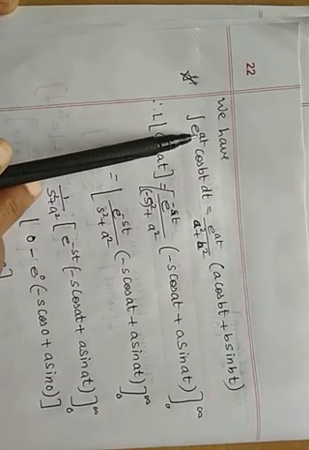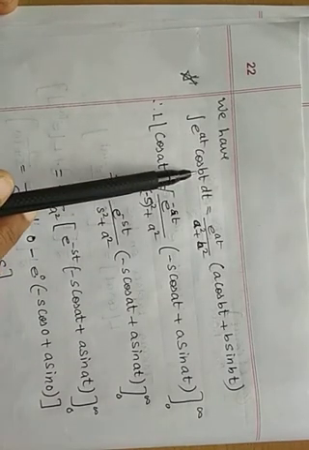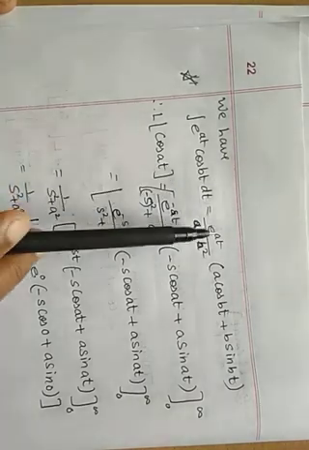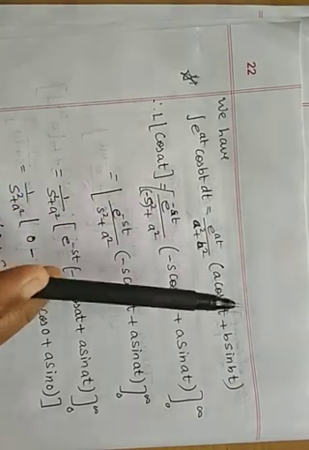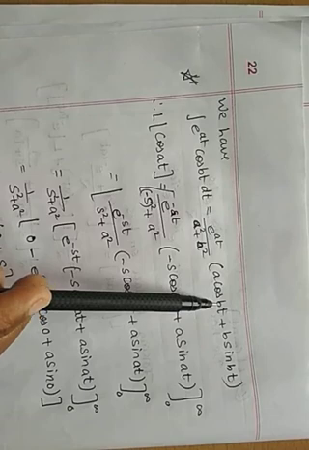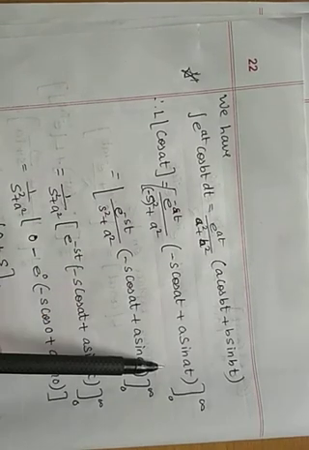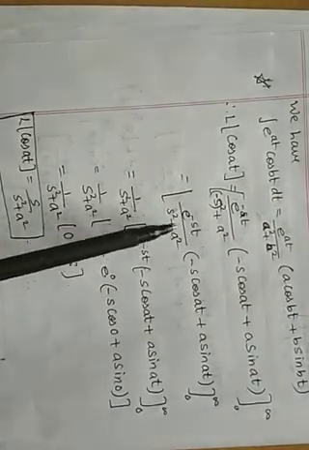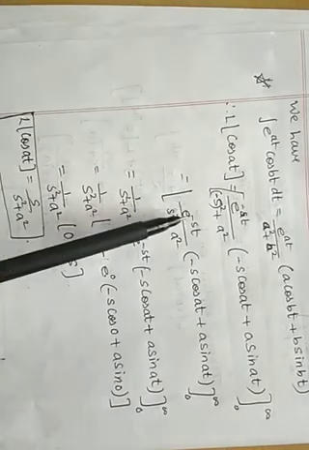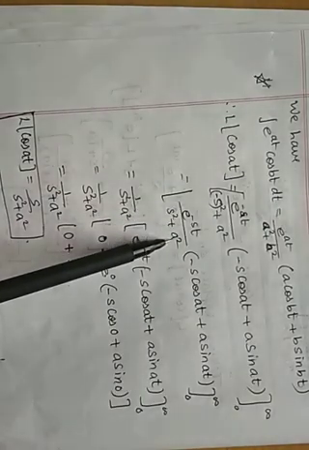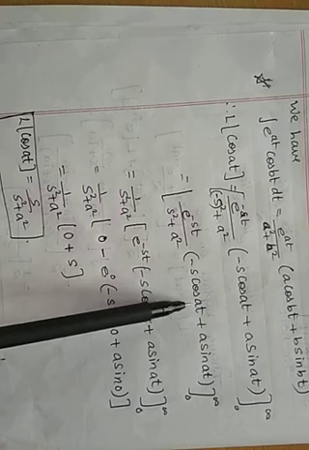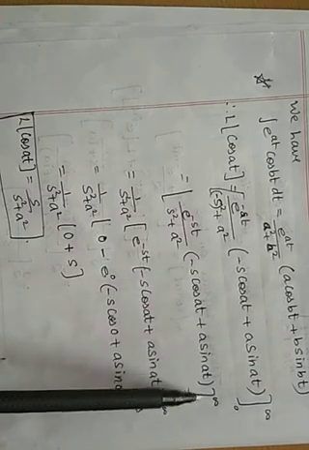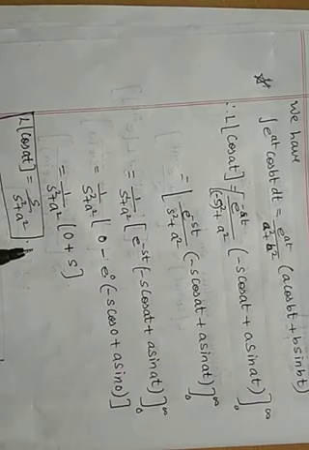So now in place of a it is minus s, in place of b it is a. Where all a is there, substitute minus s, where all b is there, substitute a. So here I will get my simplified form and directly I have to write the limit as 0 to infinity. E raised to minus st upon minus s square, it will become plus, s square plus a square, times minus s cos at plus a sin at. Limits ranging from 0 to infinity.